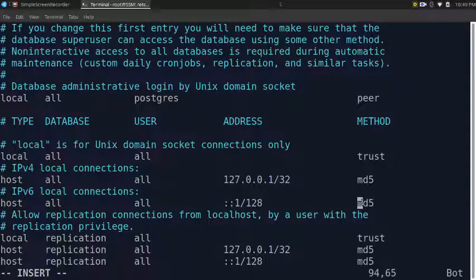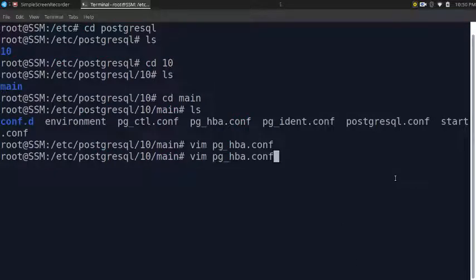md5 stands for the password not being visible to everyone. This password is not visible to the administrator also; if you want to recover this password, your Postgres will crash, and that's why this technique is used to secure the password. You can write trust also, or you can write md5, and this you write in pg_hba.conf. Now the next file is postgresql.conf.